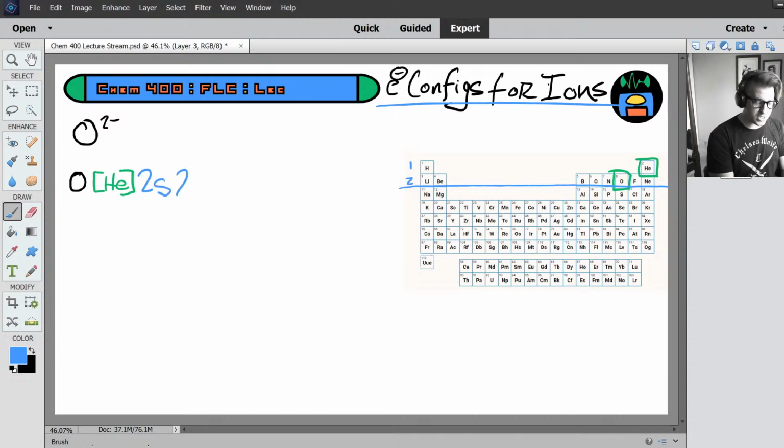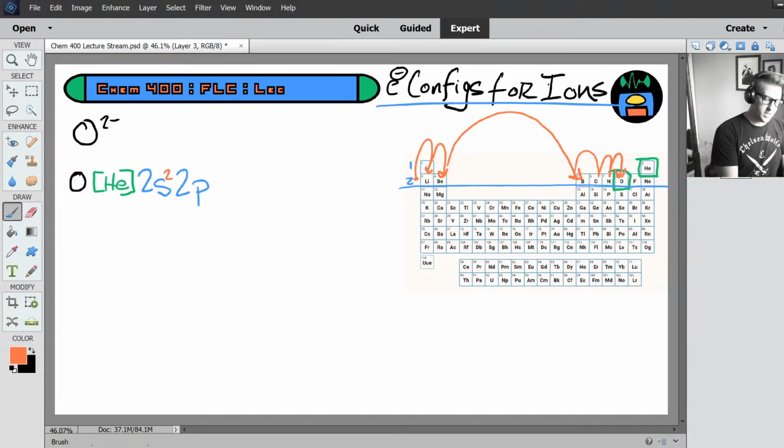All right, and oxygen is in the p block, which means that we will have electrons in the 2p subshell. Next, we need to count our way over. First, starting again at the very left of the periodic table, we bounce 1, 2 spaces in, so this will be 2s2, and then we jump over to the p block. This will be 2p, 1, 2, 3, 4. So the electron configuration for oxygen, the atom, is 2s2, 2p4.